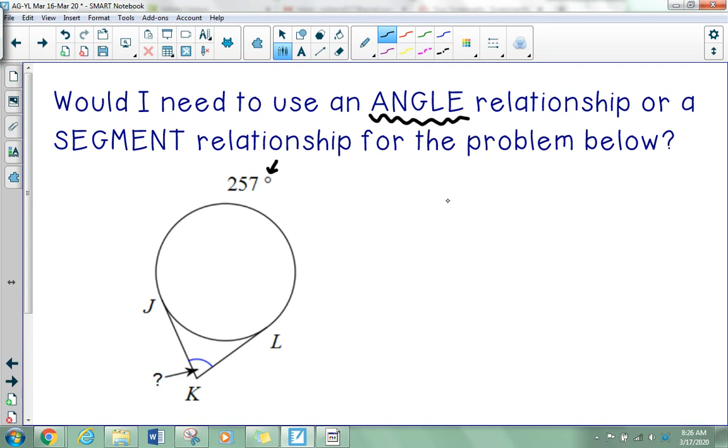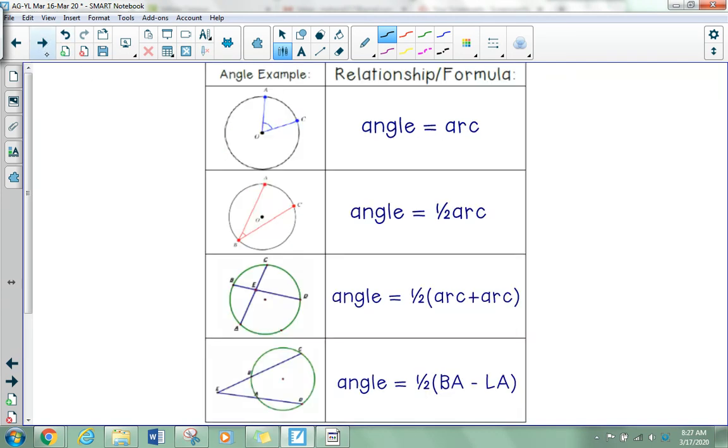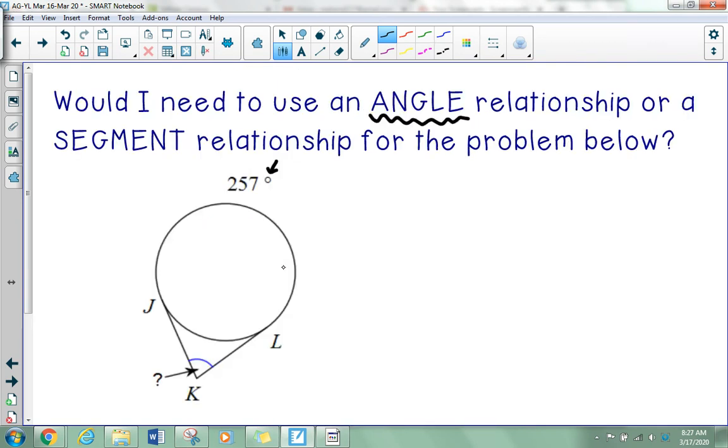After you've decided what kind of problem it is, then you need to know what relationship you're going to use. And remember, for angles, here are the relationships, and you decide which one of these to use based on what type of angle you see. Is the vertex at the center? Is the vertex on the edge of the circle? Is it just floating somewhere on the inside, or is it completely on the outside? So in this example, we see that the vertex of this angle is on the outside. And so that tells us that we're going to be using the relationship of angle equals 1/2 big arc minus